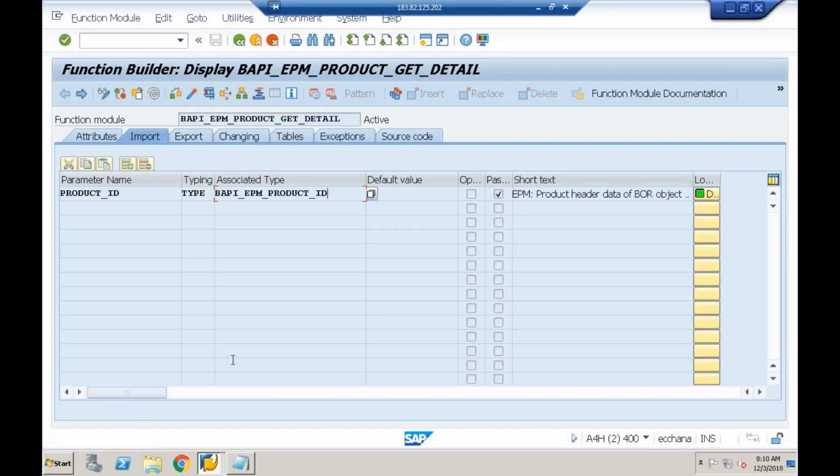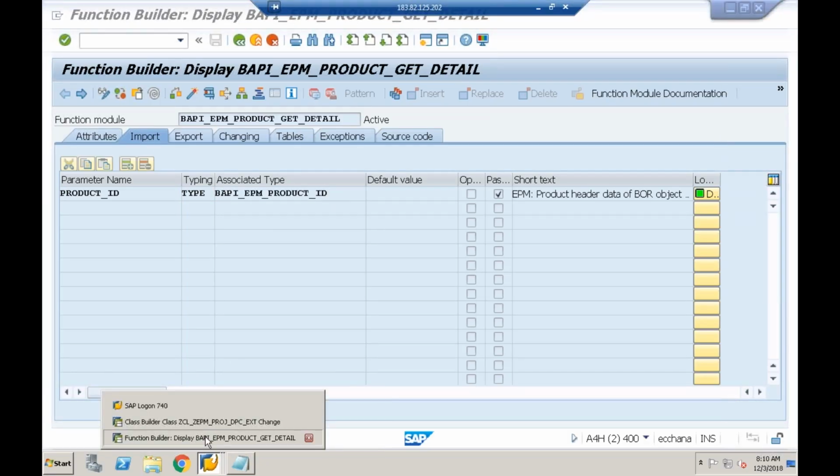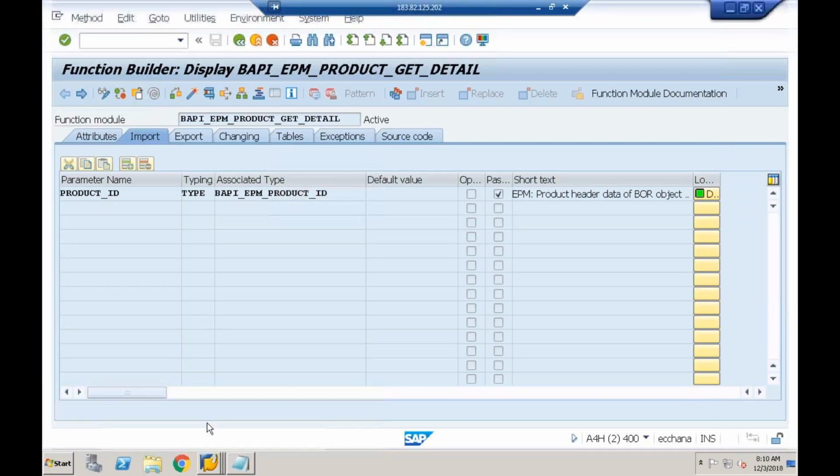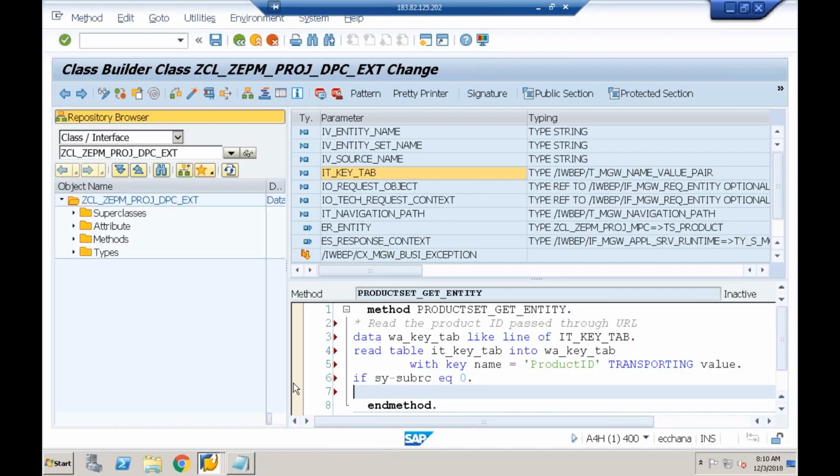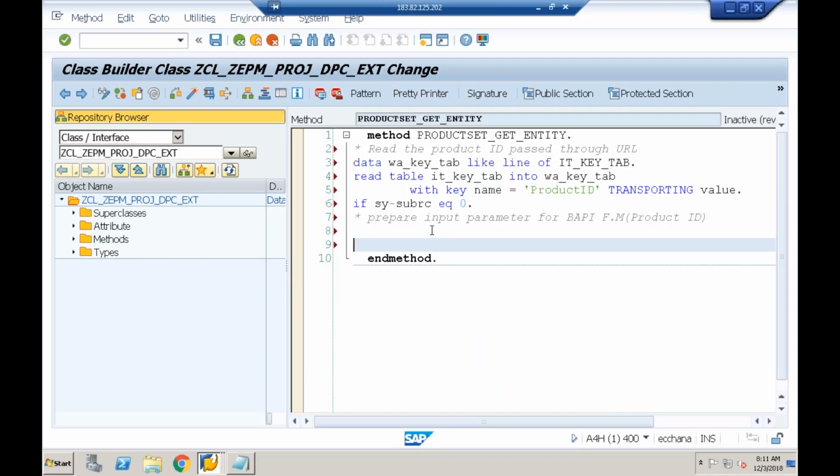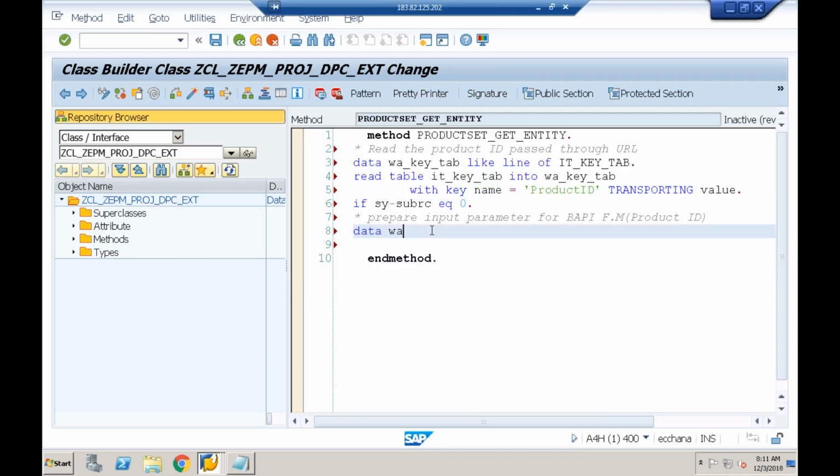So I'll just copy this. Yeah, here I would say prepare the input parameter for the BAPI function module. That input parameter is going to carry the product ID. Done. So let me prepare the data w_product_ID type